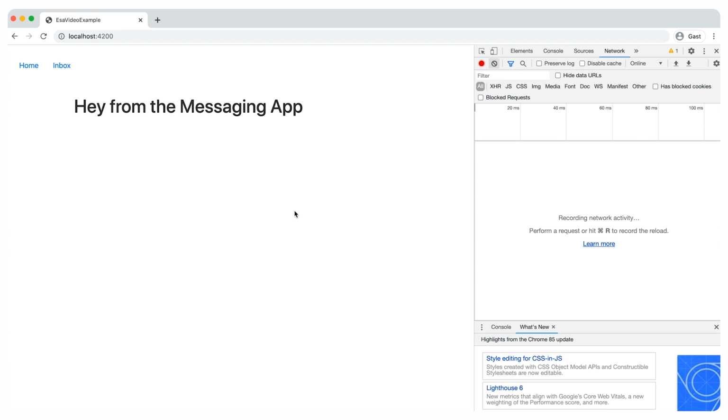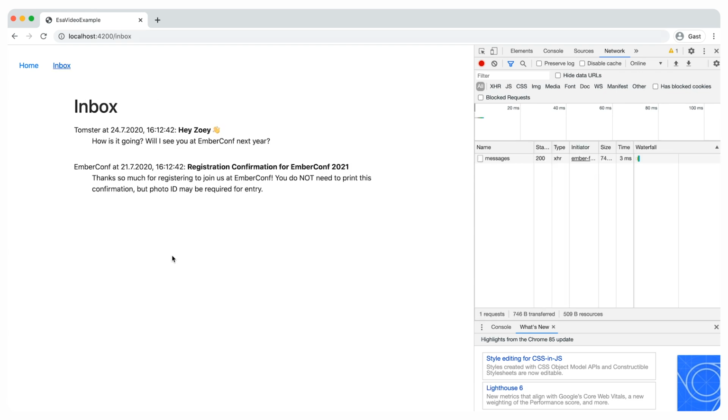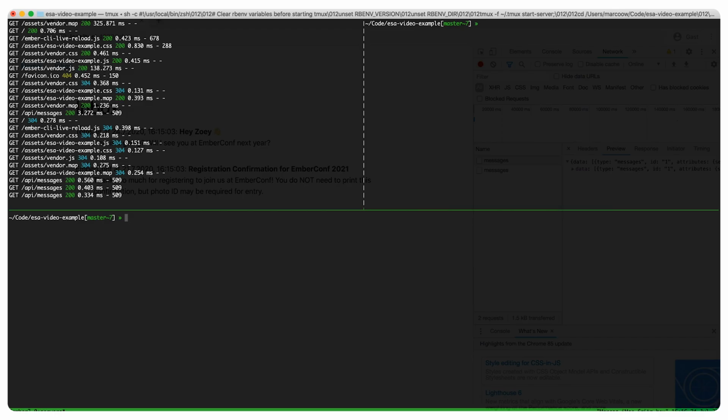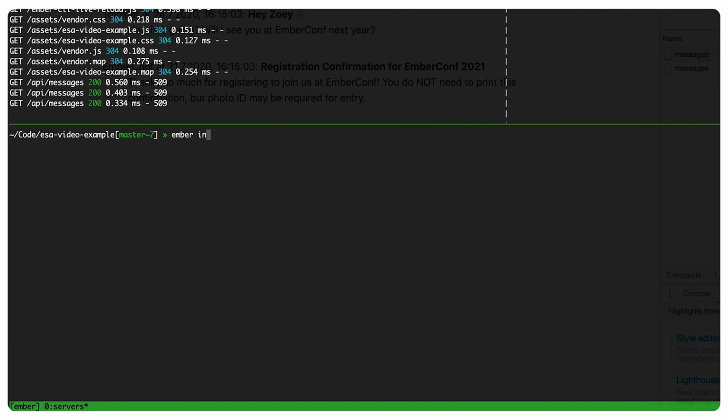It is a simple messaging app with an index route that's just a welcome screen and an inbox route that shows the user's messages. The messages are loaded via an API call. We will add authentication and authorization to the application. Ember Simple Auth is already installed here, but if that wasn't the case, we could just do so via